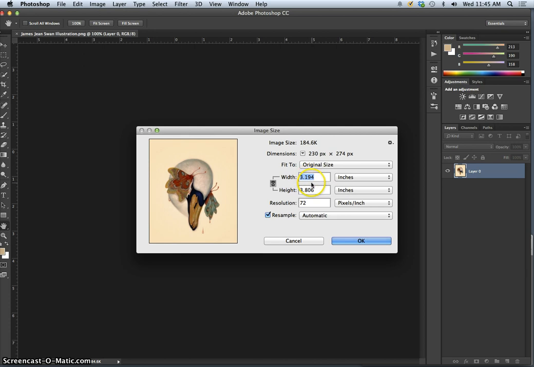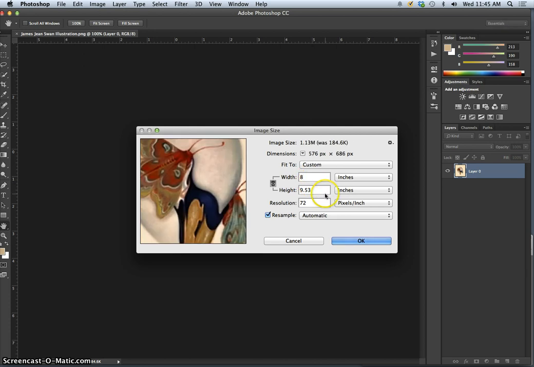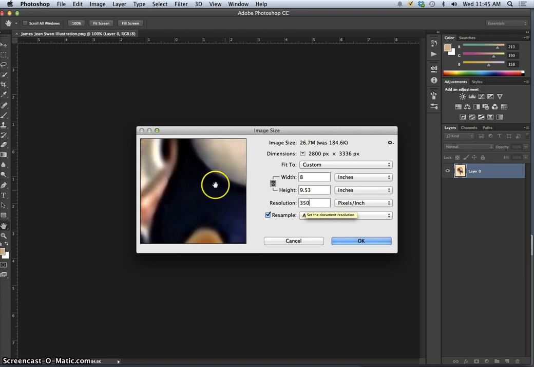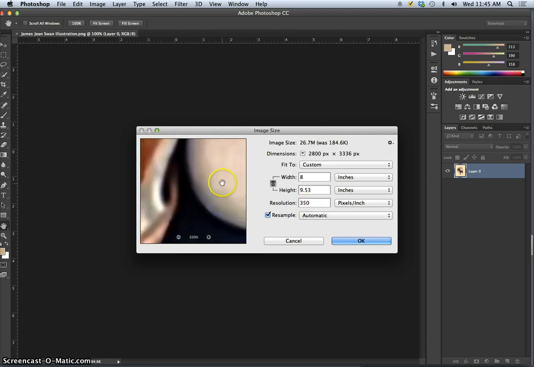So I'm going to change the width to 8 inches. Notice I have resample checked, but the width and height are locked together. And I'm going to change the resolution from 72 to 350. And now you can see how blurry the image is,